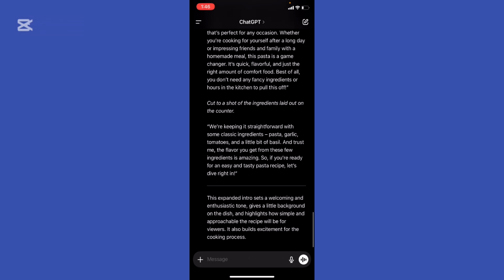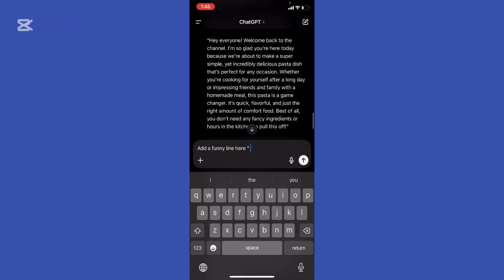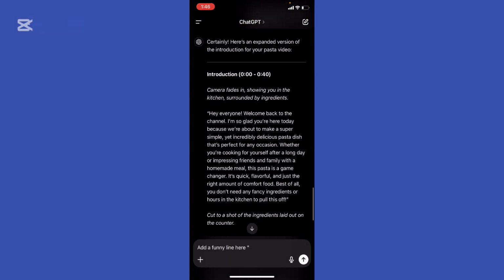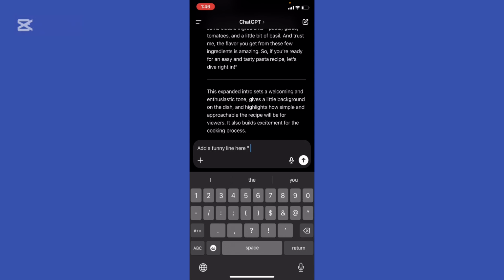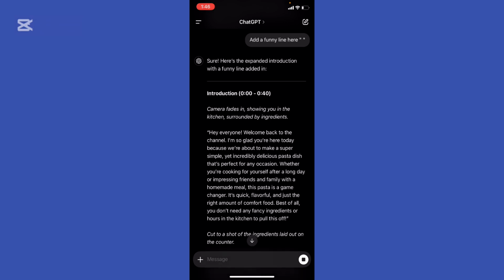If you want more details or changes, just ask. For example, can you make the tone more casual or add a funny line here? And you're going to write down which part you want to add the funny part, right? And hit enter, okay? And finally, once you have everything, do a quick review and edit the script to make